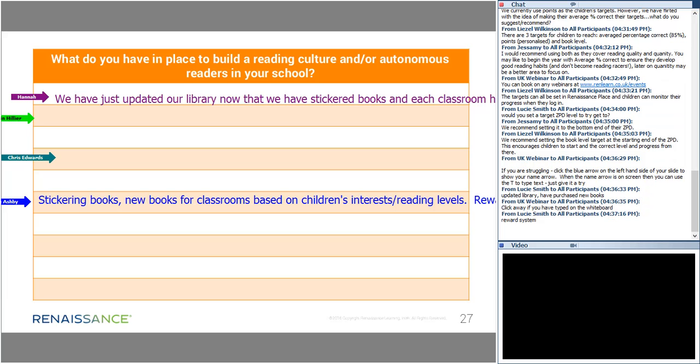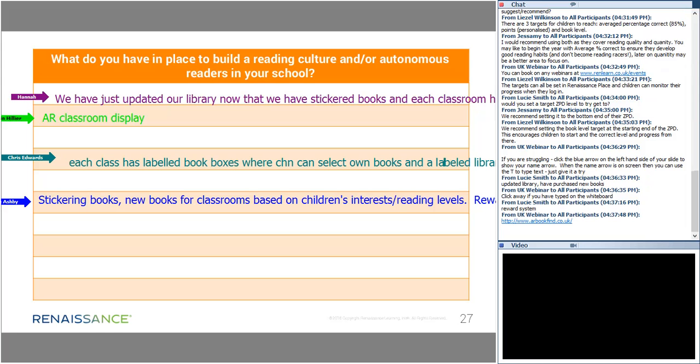Something that it's very helpful to look at in terms of your children's interests and reading levels is to teach your kids how to use AR Book Finder. That's our free tool for searching for books that are quizzable. And if you go into the advanced search section, children can use that to search for books that they're interested in as far as their reading levels, their ZPD level. The web address is